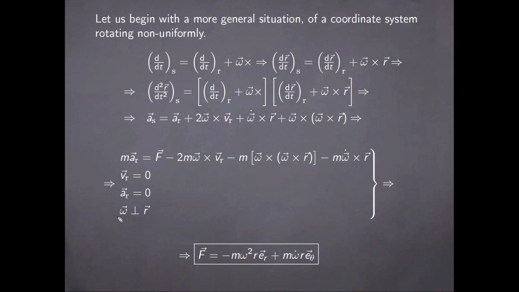And furthermore, we want the axis of rotation to be perpendicular to the radius vector of the particle. And then if we put all of these things together, we find a familiar expression for the applied force, which